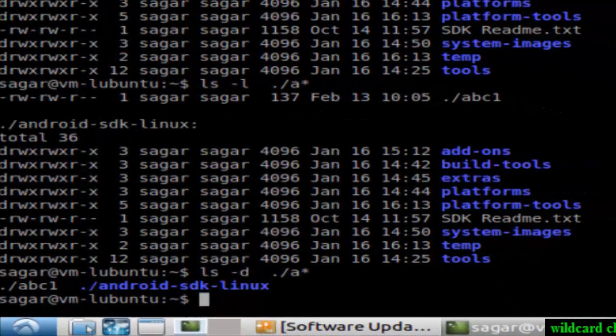In this video I'm going to show you the different wildcard characters in Linux. Very popular wildcard characters are dot, star and brackets. I'm going to explain the practical uses of those wildcard characters. For example, if you want to list the files or directories in